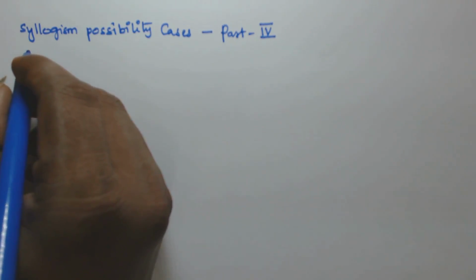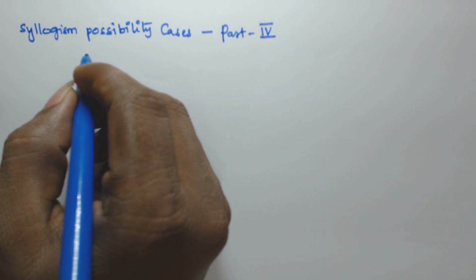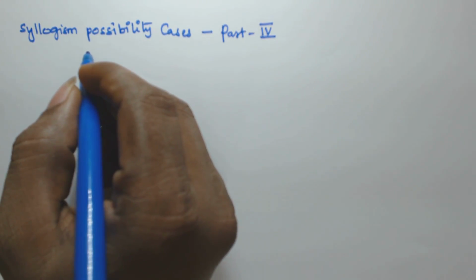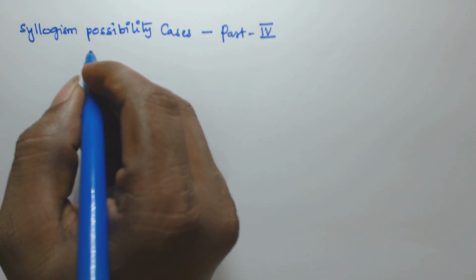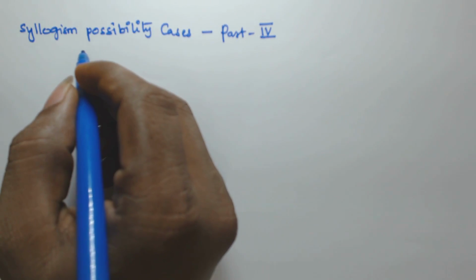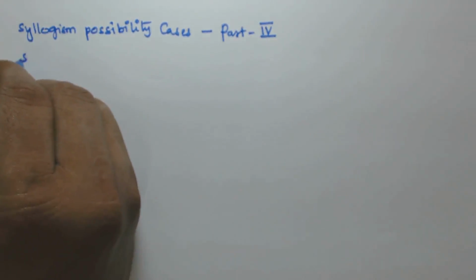In this video, we will see another problem based on the syllogism possibility cases. In the previous three videos, I have shown what kind of possibility conclusions we can derive from the given statement. In this video I will show you one problem and how we can solve it. Let us assume